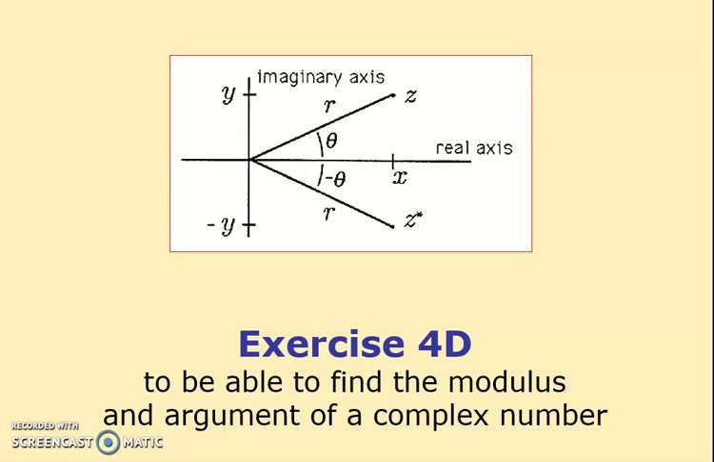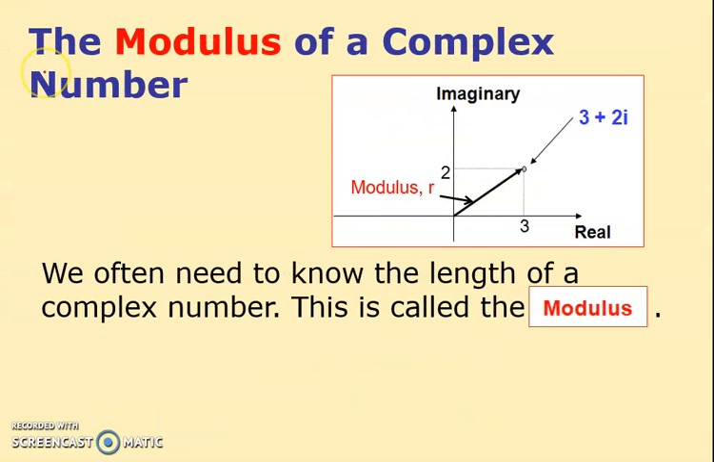Hello there, we're going to look today at exercise 4D. Now we're going to look at a couple of things actually. It's the modulus and the argument of a complex number, and also a new way of finding angles as well, which you possibly haven't seen before. So first of all, the modulus of a complex number is generally